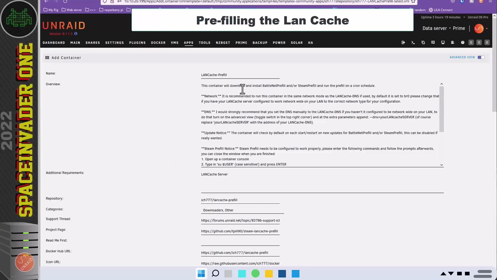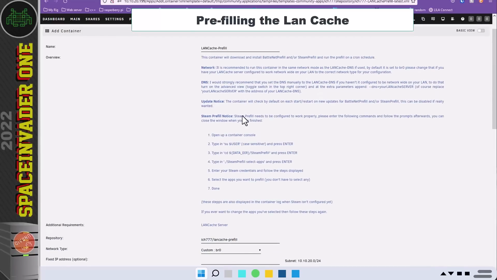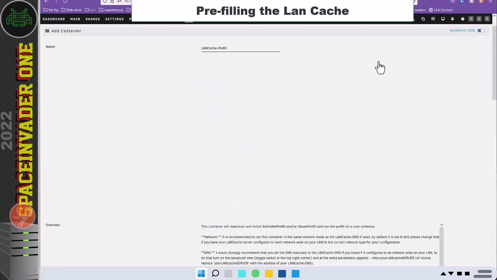Now just one quick tip. When you have a container and there's a lot of instructions in the overview, if you're on advanced view, well, it's quite hard to read. So just toggle on to basic view and the text becomes much easier to see. But anyway, to fill in this container, actually we need to set it onto advanced view,